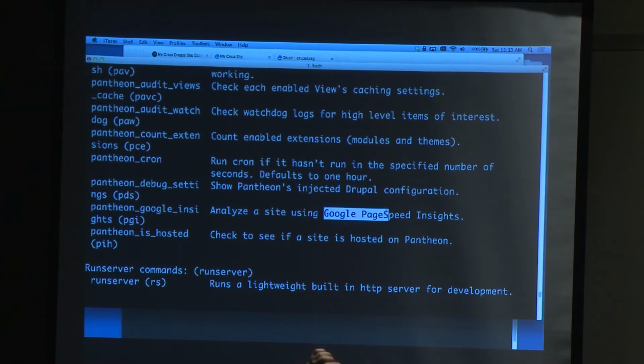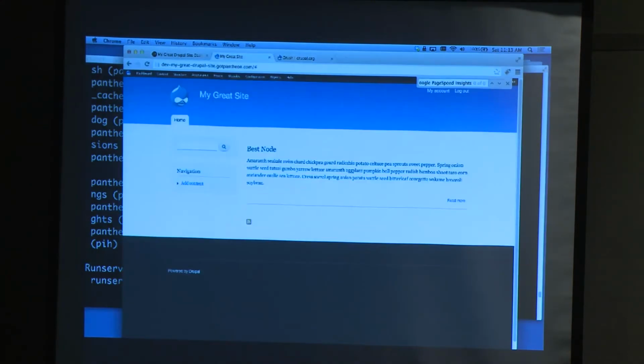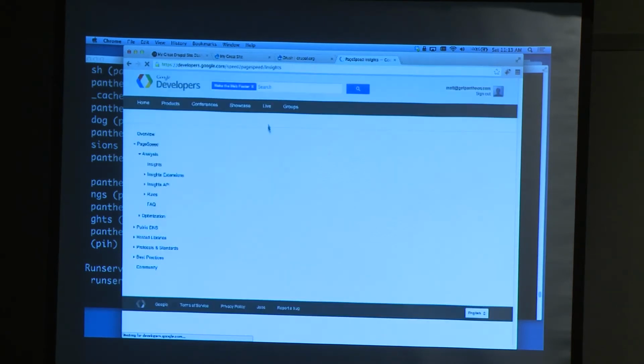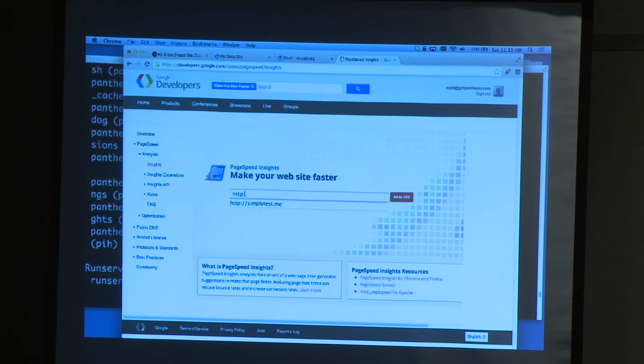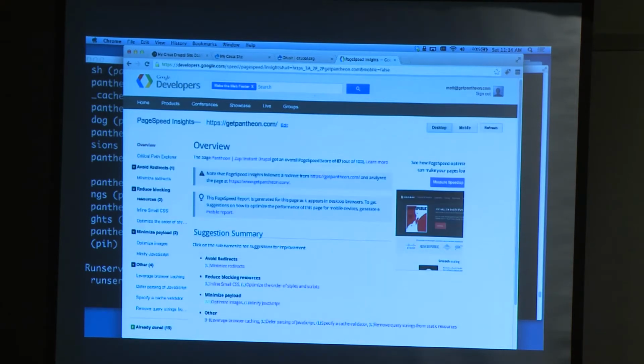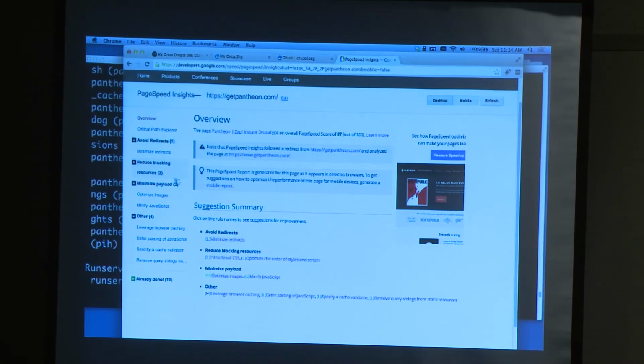Google PageSpeed Insights. If you're a developer and you want to make your front end fast, you can go to this page and type in the URL for your website. Google will go out, download the code, and look at all of the different pieces and say, here are some ideas, like you're using too many images or your JavaScript isn't minified. It's a free service, you can just type in your URL and get a lot of info. And it tries to give you some priorities,